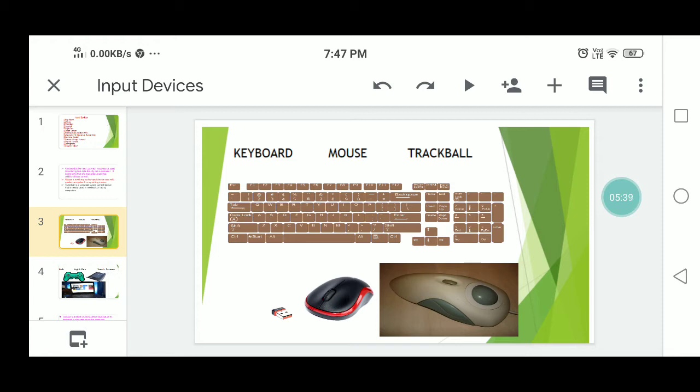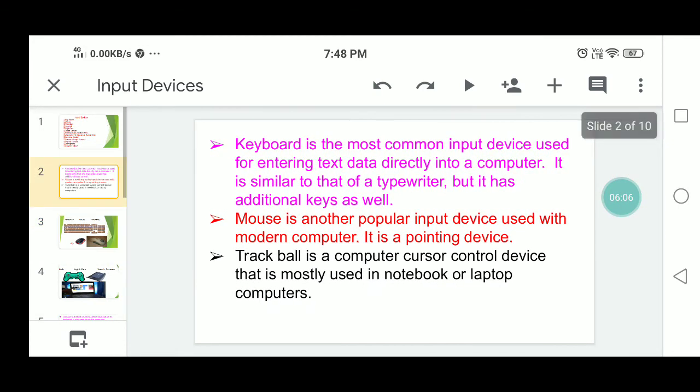It is a small palm-size box, and the mouse appears a bit like a mouse animal. This simple mouse has a round ball as its base, which senses the movement of the mouse and sends the corresponding signals to the CPU on pressing the buttons of the mouse. The mouse is represented on the screen in the form of an arrow.